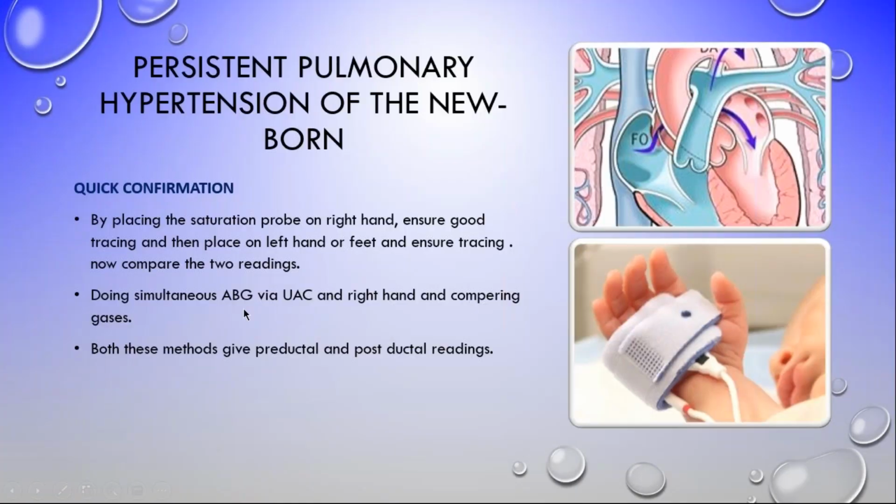You can also do a blood gas via the umbilical arterial catheter and the right hand. So what you do is that the person doing the umbilical catheter will attach the syringe and wait. And the minute that the person who does what we call in South Africa the right stab, or goes into the artery here, very often, the minute they've got in and they can draw back, you both draw back